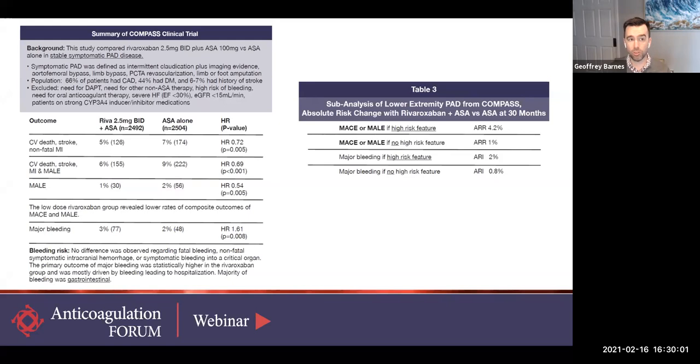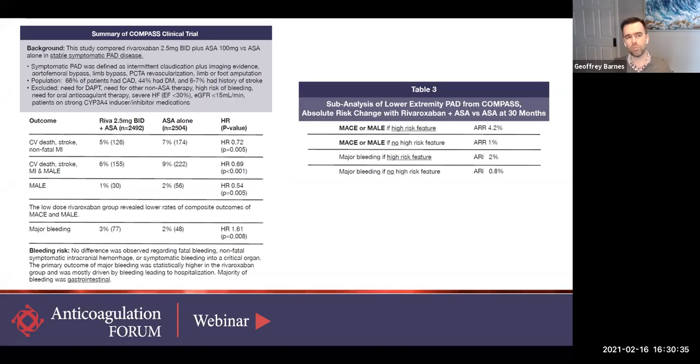Two-thirds of these patients also had coronary disease, and just shy of a half of them had diabetes. So this really describes the kind of patient we're hearing about and also nicely matches what you heard from Henry in those introductory slides. This is a very common patient that we would see. Now, they excluded anyone from this study who needed dual antiplatelet therapy or other non-aspirin therapies. They also excluded patients who were at high risk of bleeding or needed therapeutic anticoagulation for some other reason, as well as a few other exclusion criteria that you can see there.